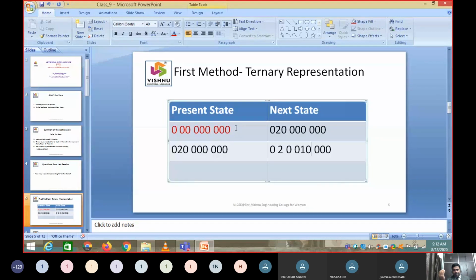See, in a binary digit, you have only zeros and ones. When you assume that you have 3 binary digits, the number of different possibilities you will get is 2 power 3. Is it right? Same here, you have 9 positions and 3 different values. How many different rules can you write?